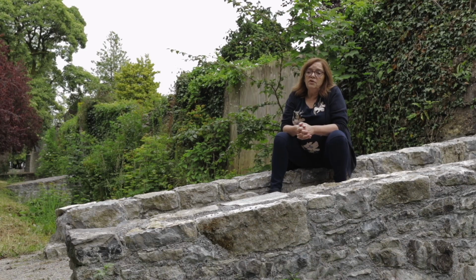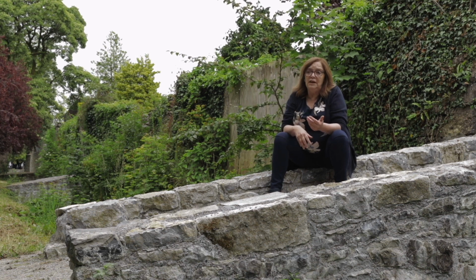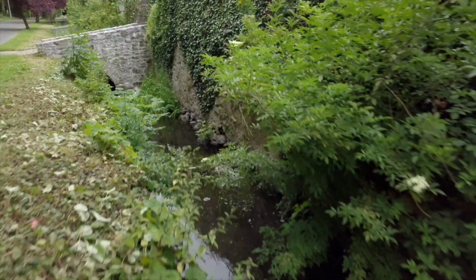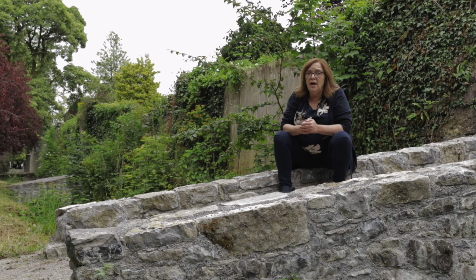So over the years, the walls here, all the masonry elements, the bridges, the stone lining, they've just fallen into a horrific state of disrepair, no maintenance, and as you can see, a lot of vegetative growth and ivy damaging the actual structures. So in 2017, Galway County Council commissioned a conservation plan for this area, specifically to address restoring